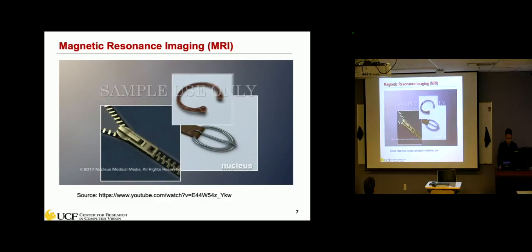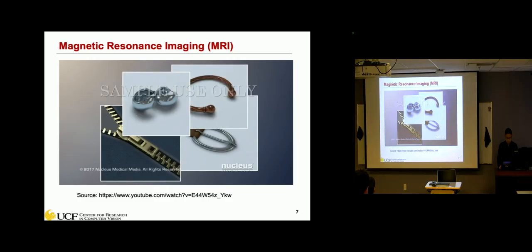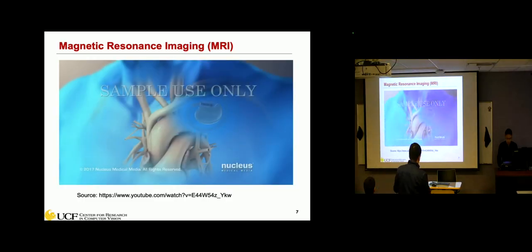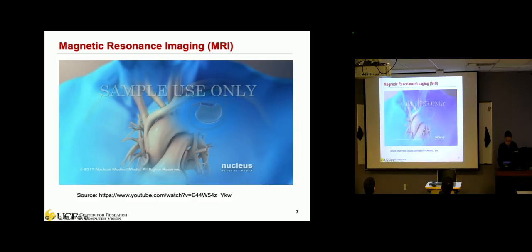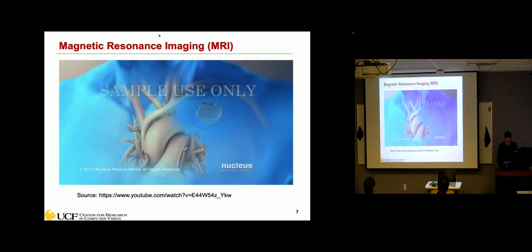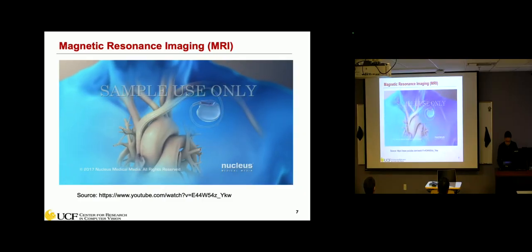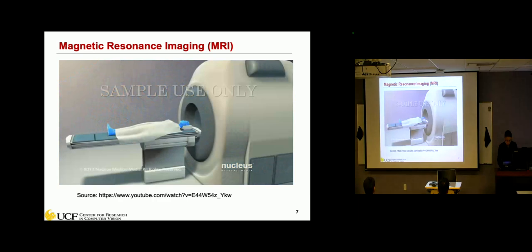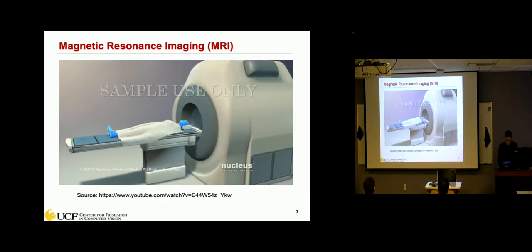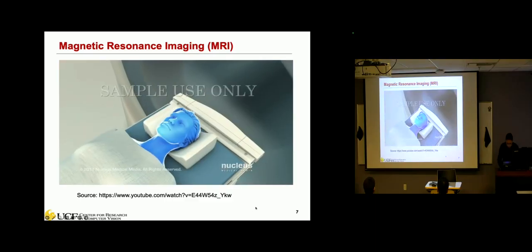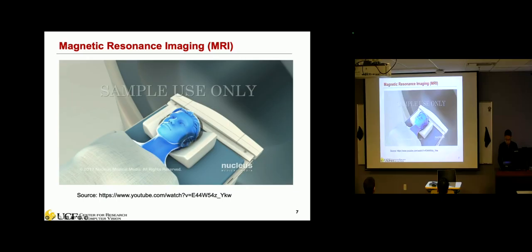Before MRI, you will remove all metal objects. And it's not safe to have MRI with some medical implants. You should tell the MRI technologist about any metal, device, or implant you may have in your body, such as a pacemaker. To prepare for MRI, you will lie on a table just outside the scanner. MRI scanners are very noisy, so you will probably wear earplugs or headphones.